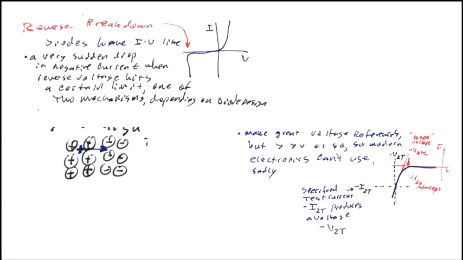And there's a couple of ways that this can happen. Usually both are happening at the same time in any one device, and it's sort of a mix of them, but you can tailor a device to have one kind of breakdown or the other, and there's a little bit different characteristics. So one is avalanche breakdown, and that's where you have, say, a minority carrier. If we had a depletion region here,